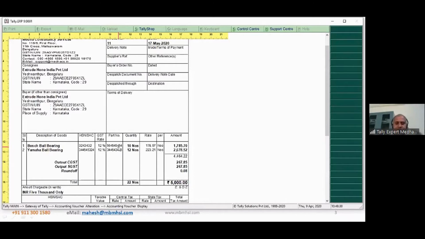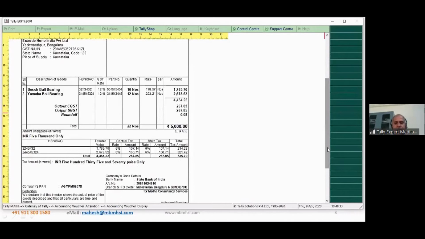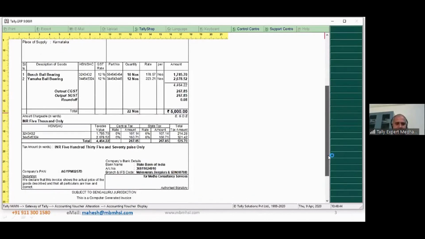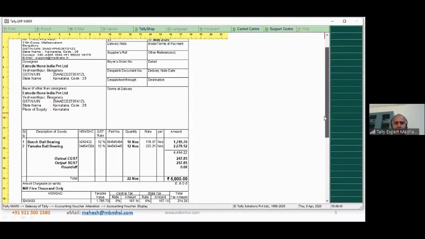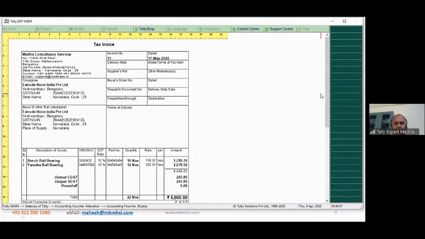So you could decide which you need. In your system, either you give the part number or the name. It is treating it as the same item. It is just one more alias for the name. Is that clear? Any questions on this part number? How to do?